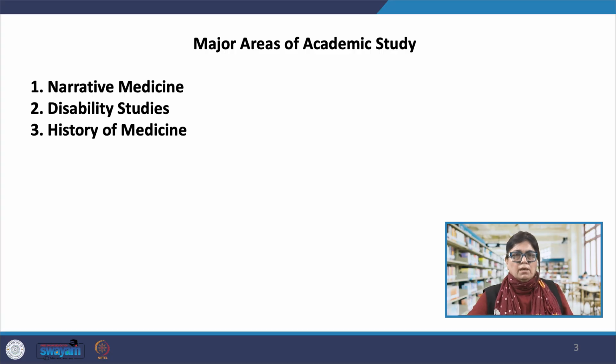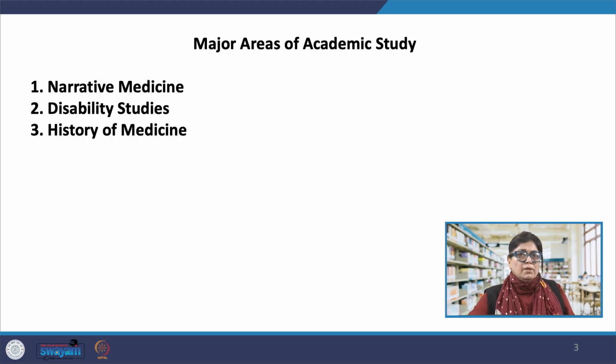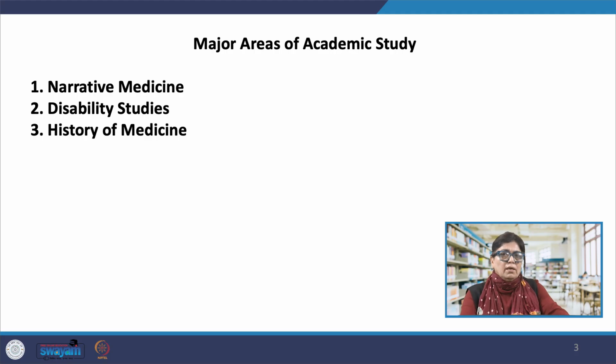Now, what are the major areas of academic studies if we talk of biomedical discourse? First is narrative medicine, training clinicians to listen to, absorb, and be moved by patient stories to improve diagnostic accuracy and empathy. Second is disability studies, challenging the strict biomedical view of disability as a deficit to be cured, promoting instead the social model of disability. Third is history of medicine, tracking how biomedical definitions of diseases such as mental health conditions have evolved alongside societal prejudices and